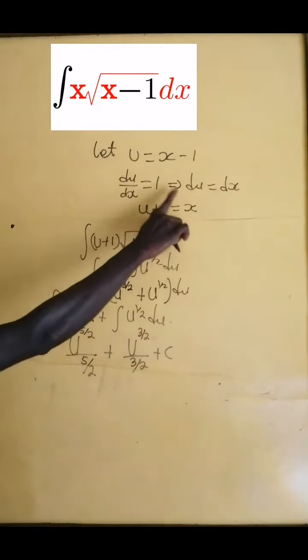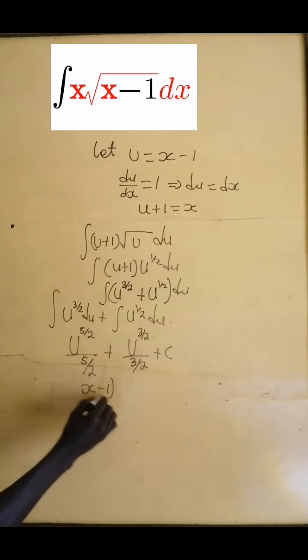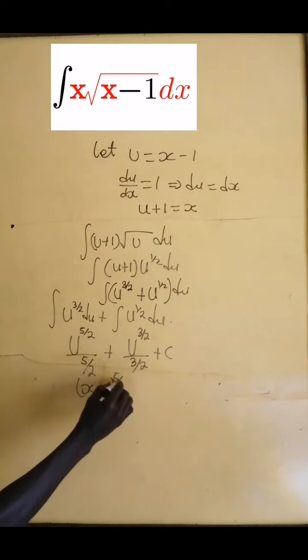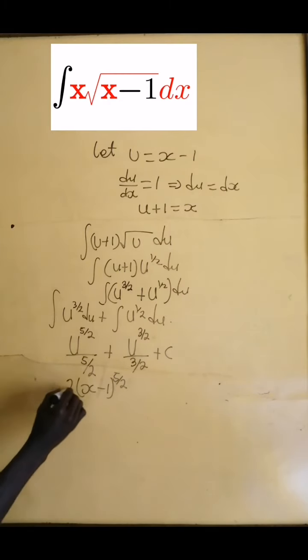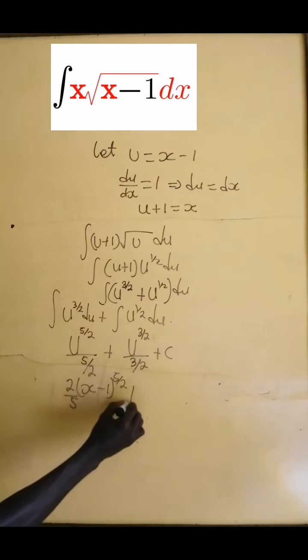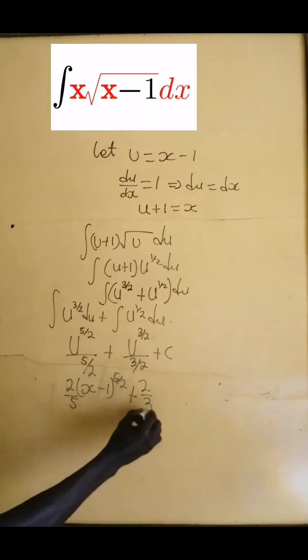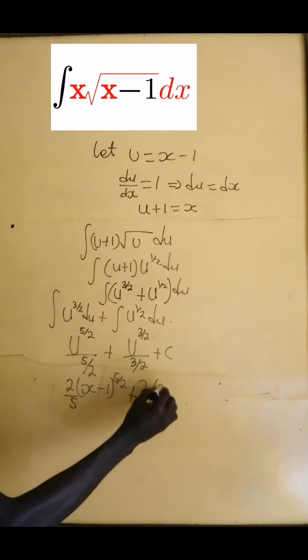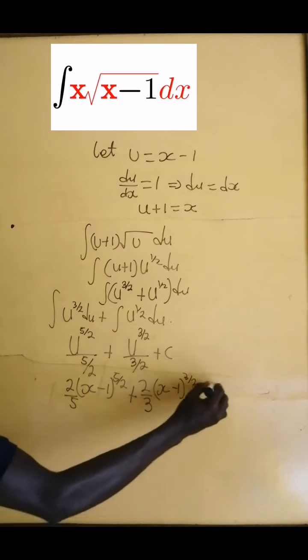Now here, we have u to be x minus 1, so we put x minus 1 to the power 5 on 2. The denominator will turn upside down to become 2 divided by 5, plus here the denominator will turn upside down to become 2 divided by 3 times u, which is x minus 1, to the power 3 on 2, plus the